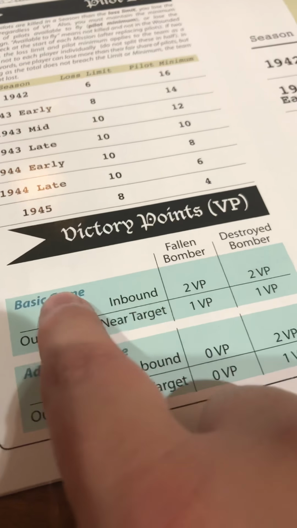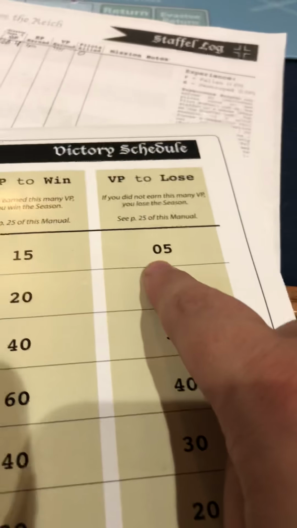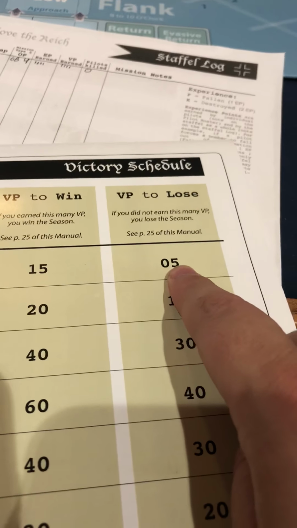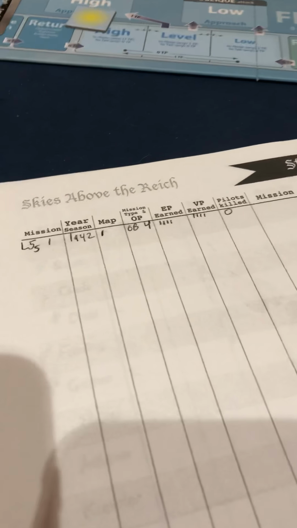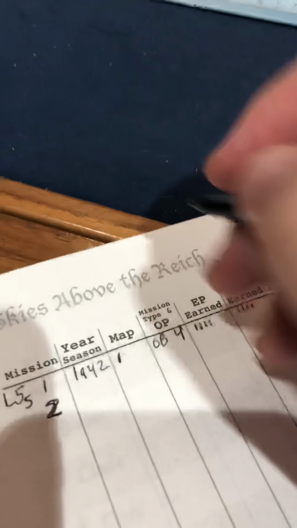We were an outbound mission. We're doing the basic game. 4 fallen bombers is 4 victory points. So the really good news here is we only need 5 to not lose. So we finished mission 1. We have 5 missions left to go. So we are in excellent shape towards surviving 1942. In fact, we might even be in a position where we might get a win on this scenario and not just survive it. So we're on mission 2,